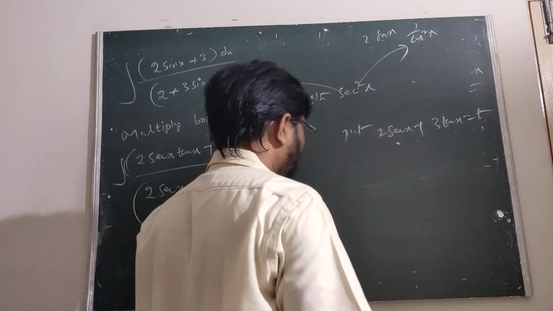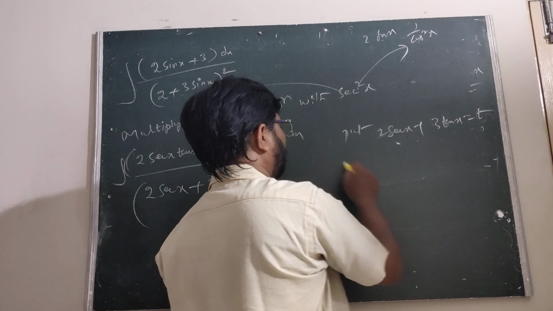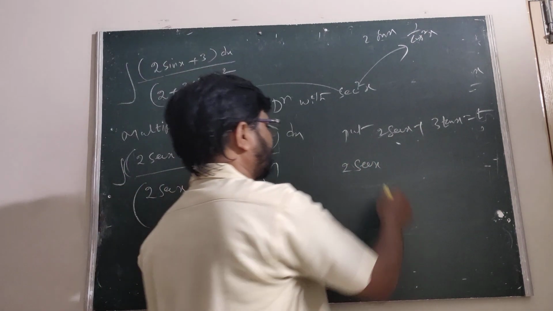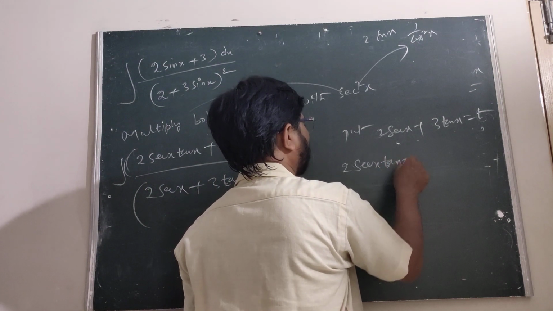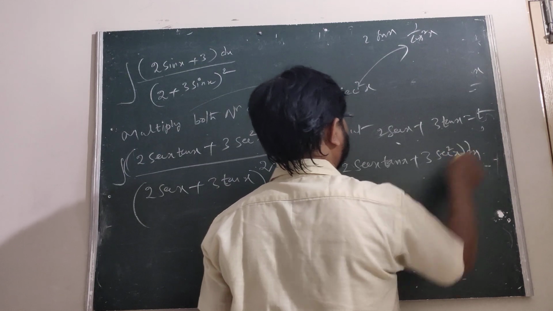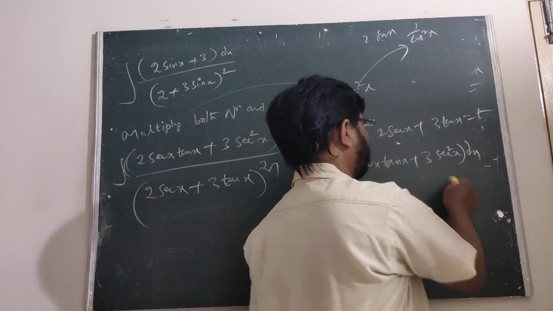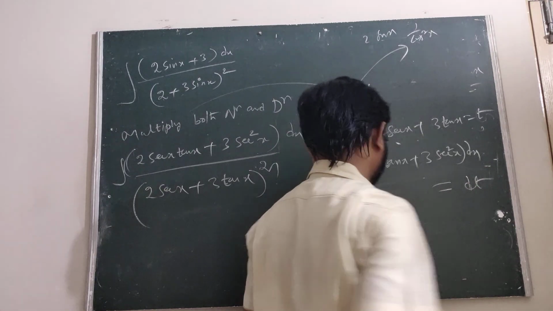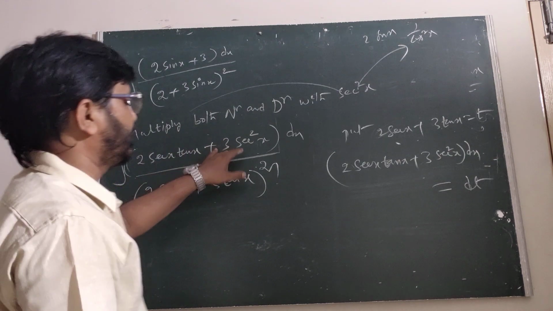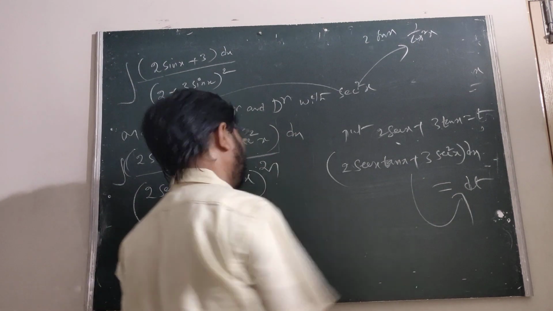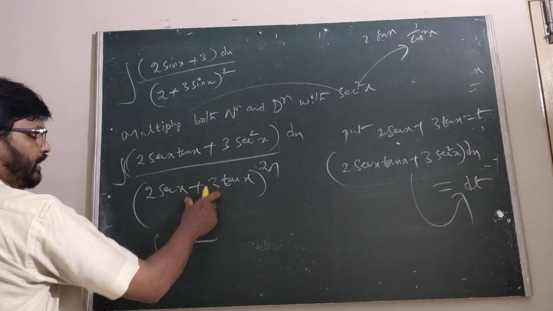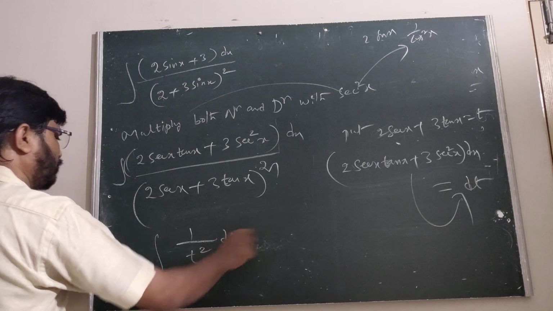Therefore now we are looking here, differentiating on both sides. Derivative of secant x is the secant x into tan x. 3 into derivative of tan is the secant square x. Derivative of x is the dx, then derivative of t is the dt. Therefore the 2 secant x into tan x plus 3 secant square x into dx, we are getting dt. That's why the entire 1 by this is t square into dt.